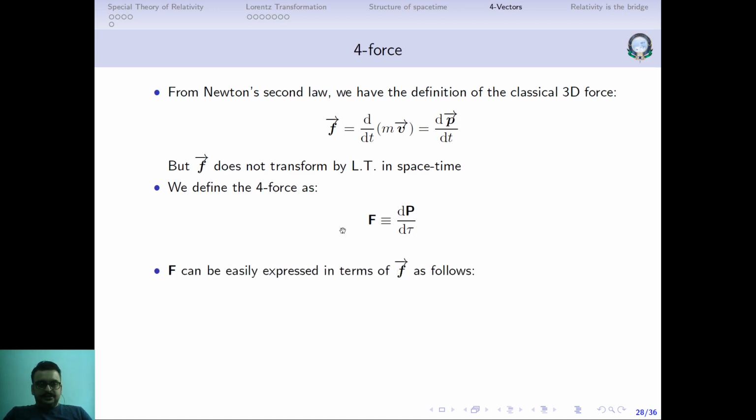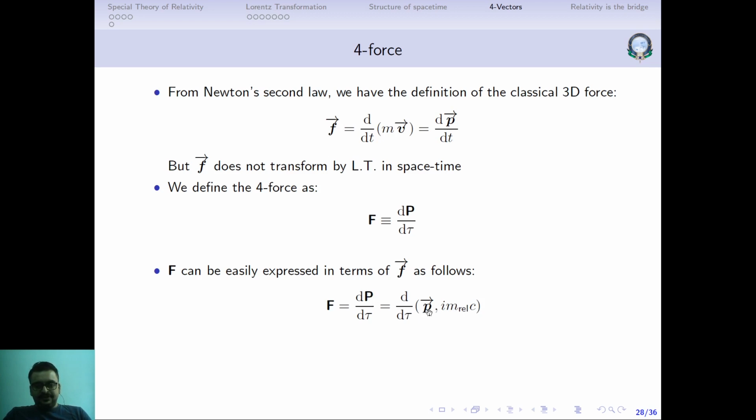Just like how the 4 momentum was expressed in terms of the relativistic momentum vector, in the same way force can also be expressed in terms of the force vector. So f is equal to dp by dt. So we take dP by d tau. So d by d tau of P is nothing but p, comma i, relativistic mass into c. Because there was an under root 1 minus v square by c square, right, we call it the relativistic mass. So P is this P, we write it like this.